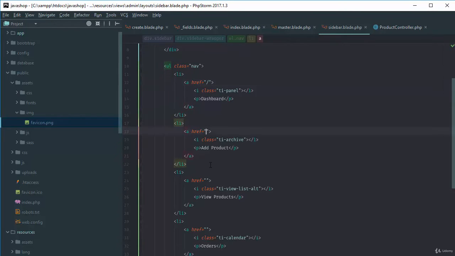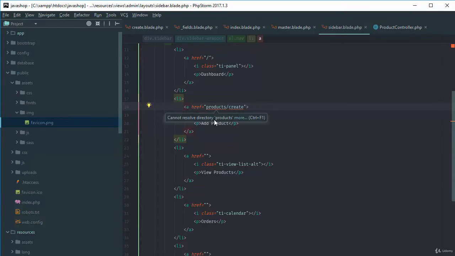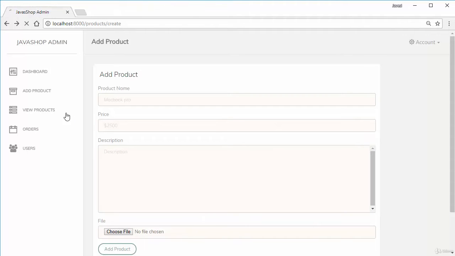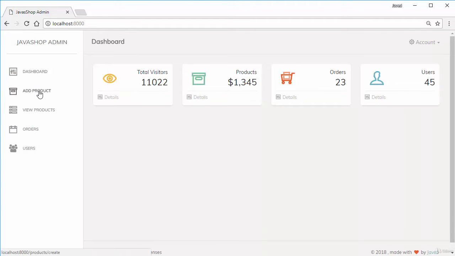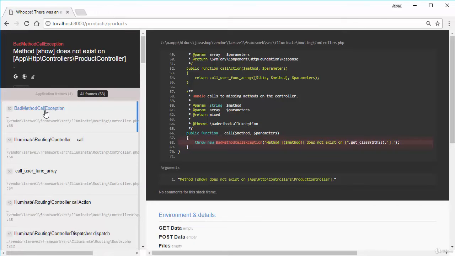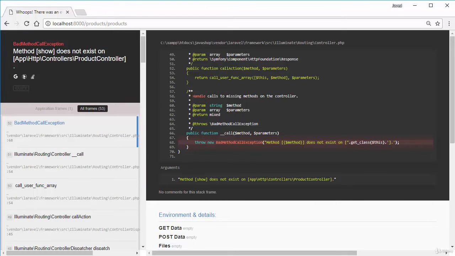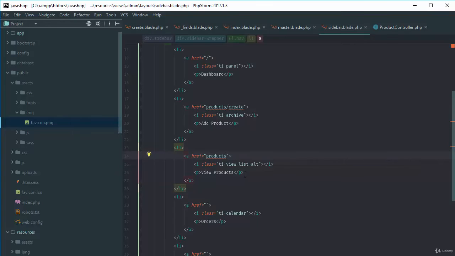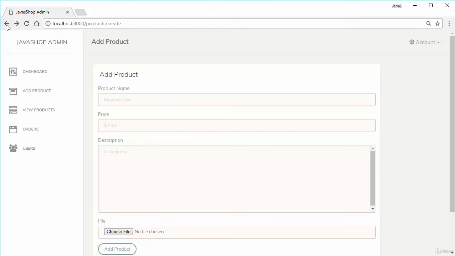And for products, you can say products create, right? Just ignore this red line here, and then simply products, right? Dashboard, add product, view products, method show does not exist, right? So show method, we are not calling show method. If I go back and then